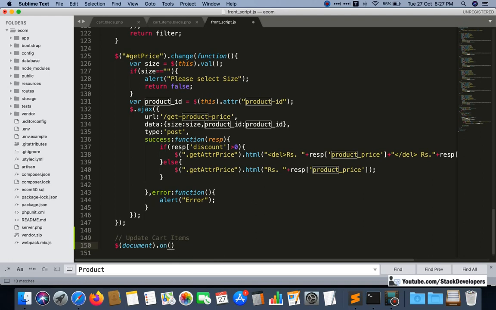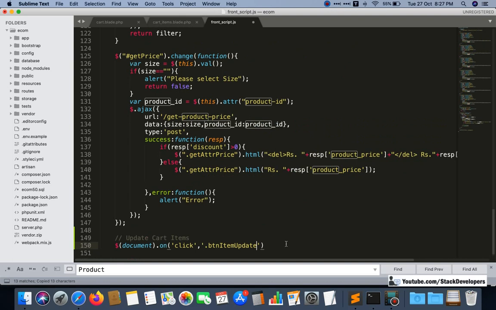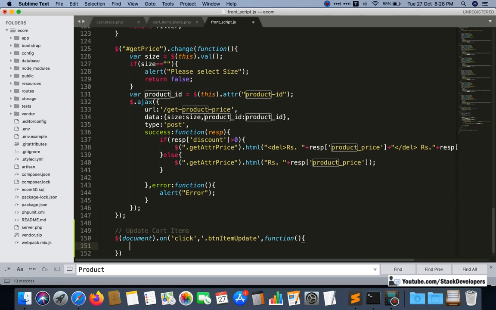We are going to write it like this: on click of that class, we already know we have given the class button item update. On the click of this class, we want to add the click function here. See, on click of this class, then we're going to add the function like this.